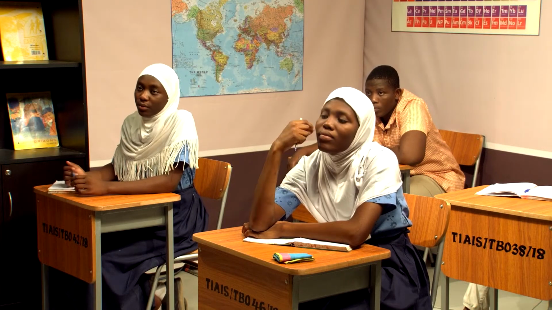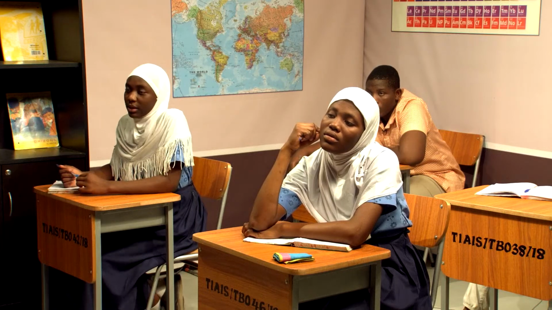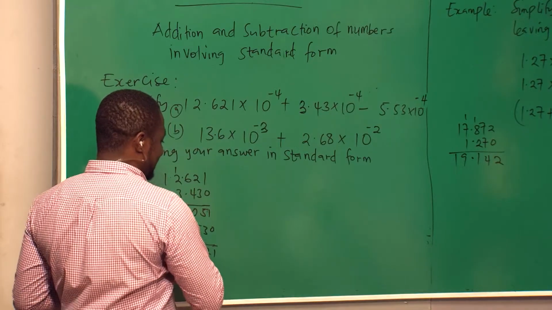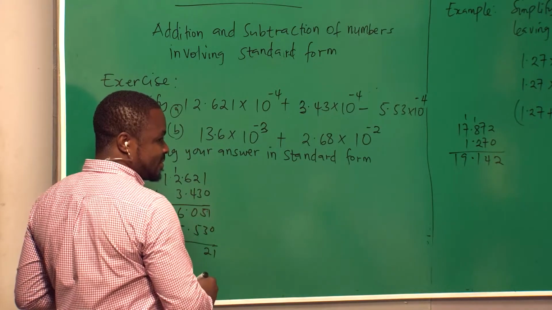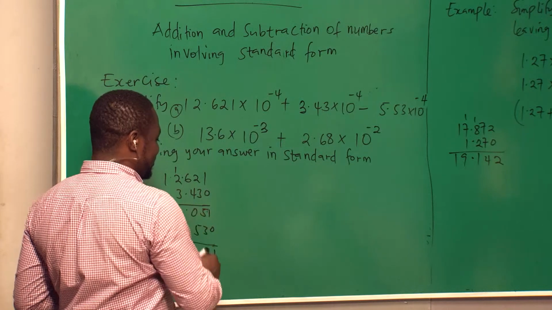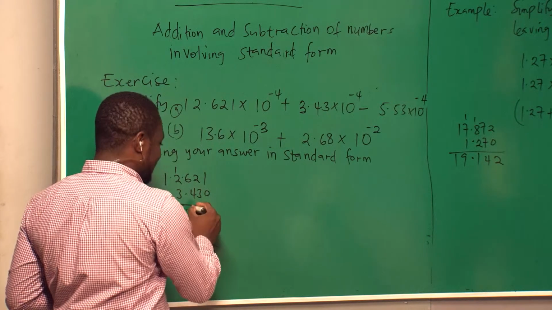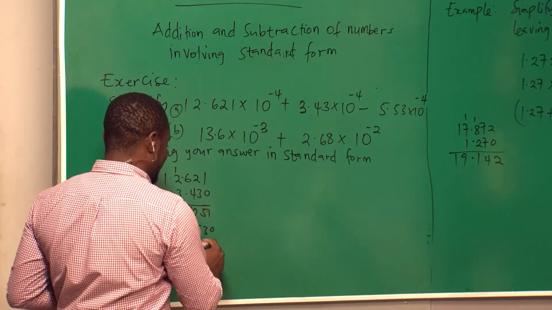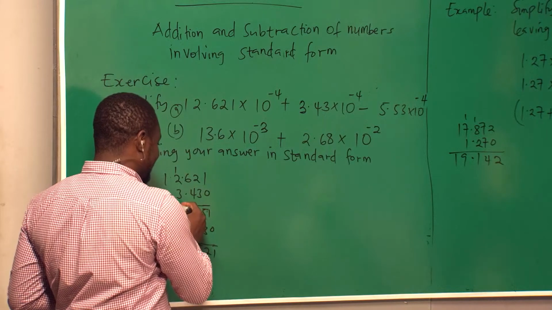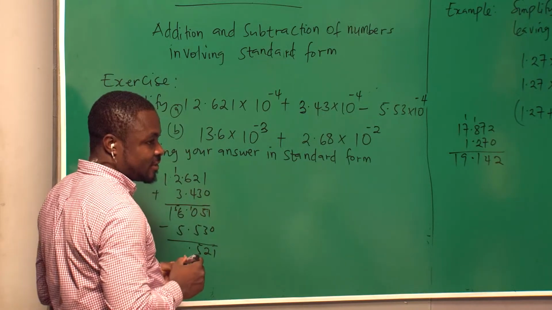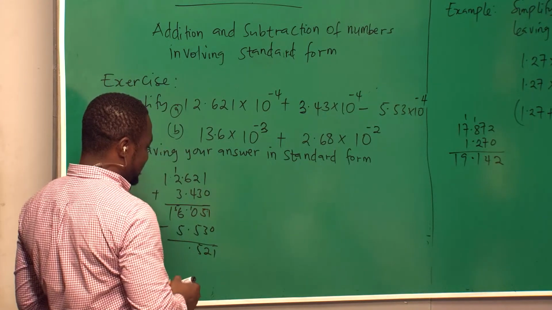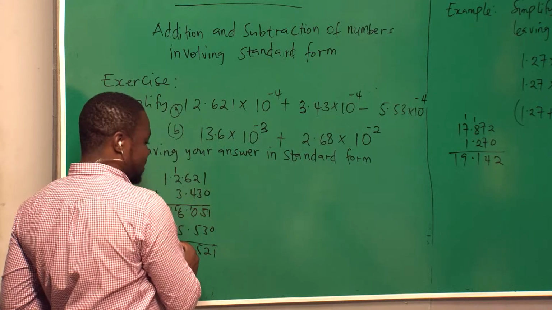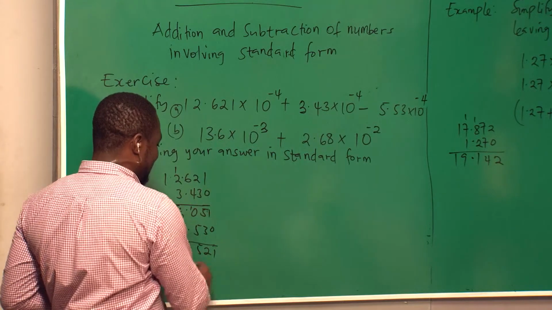So you borrow. If you borrow 1 here, what do you have? So the answer here becomes 10. So we have what? 5. But this side, you are going to have 5 there. So what should be the answer? So 0. And this one? 1. So your final answer is